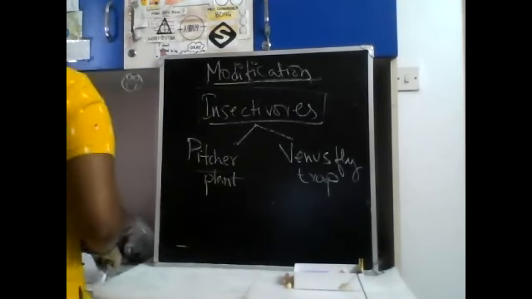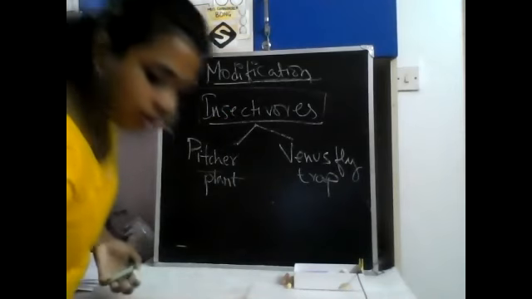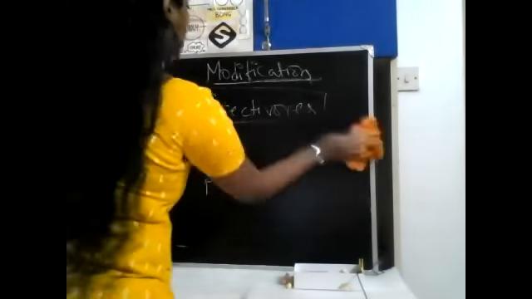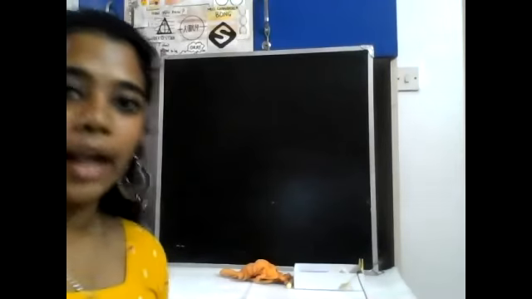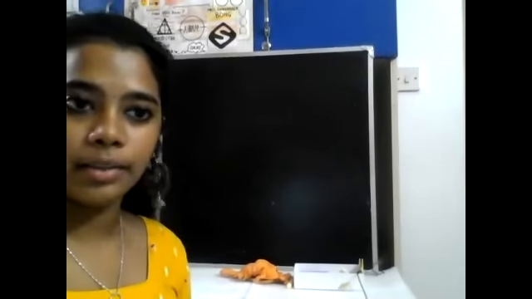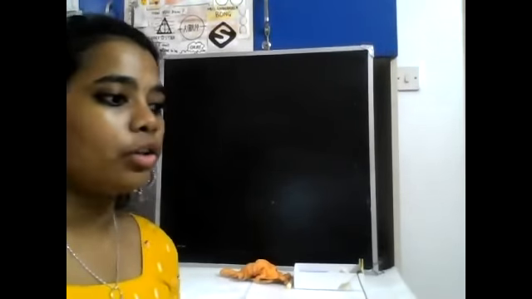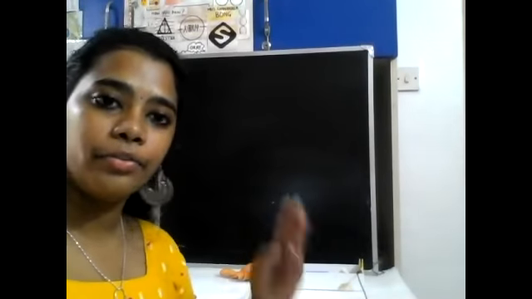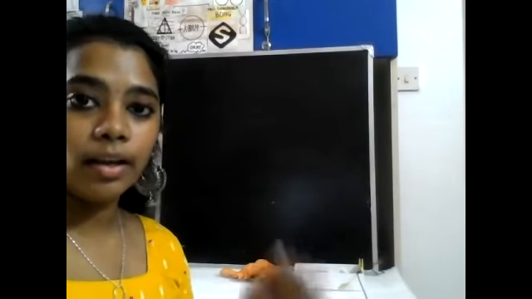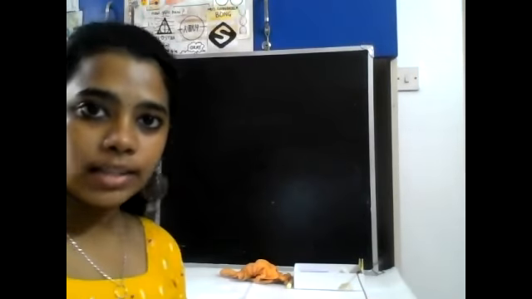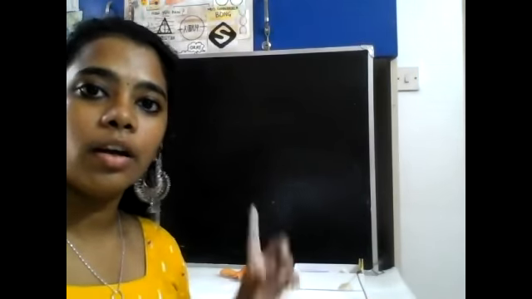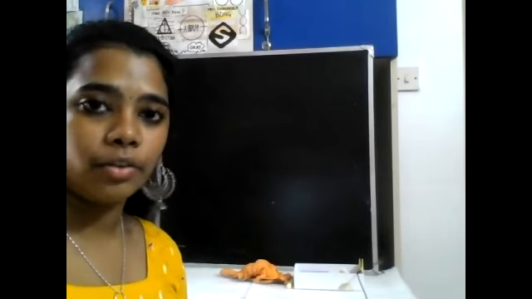Okay, so that is about insectivorous modification in leaf. So we've covered leaf, we've covered stem, and we have covered root in the beginning. And like I told you, these three are the first most important vegetative parts of the plant. So in the next video, we'll talk about reproductive parts of the plant, that is